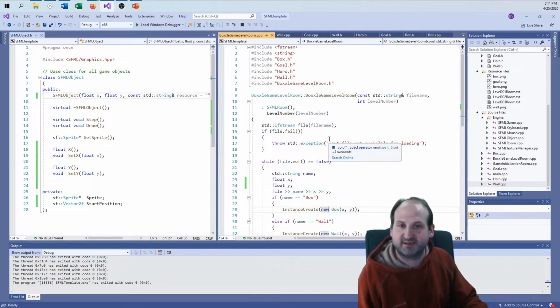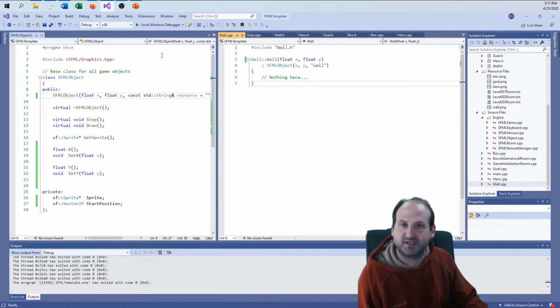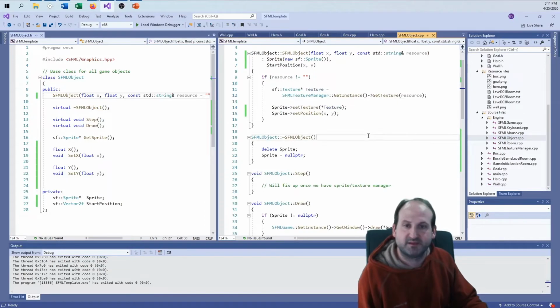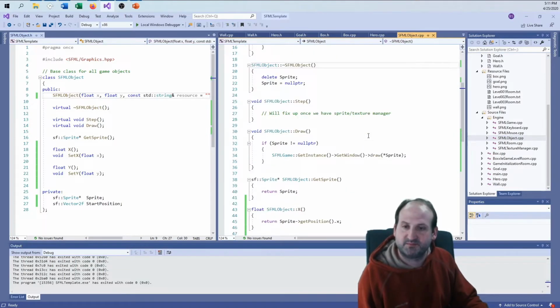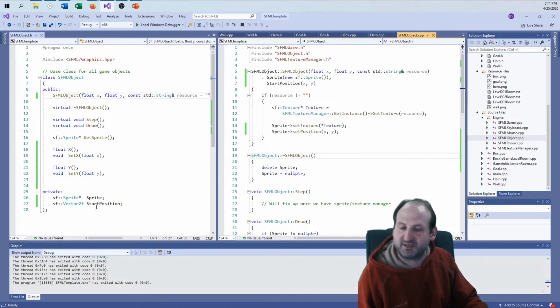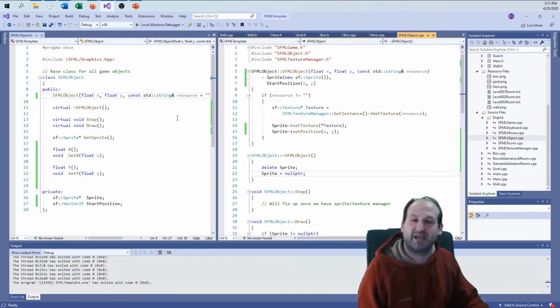So my X start, my Y start, get rid of you. Where is object.cpp? Let's get it back. Okay, so I have my start position, and it's the same as XY. Now it works just fine with the floats go in, the floats go over. And so now I just need get and